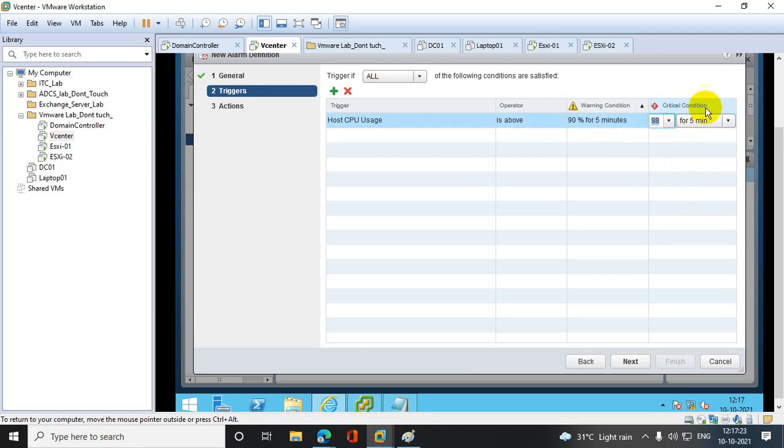I think it's not allowing me 98%. Let's see. Enter different warning and critical values for trigger host CPU usage.